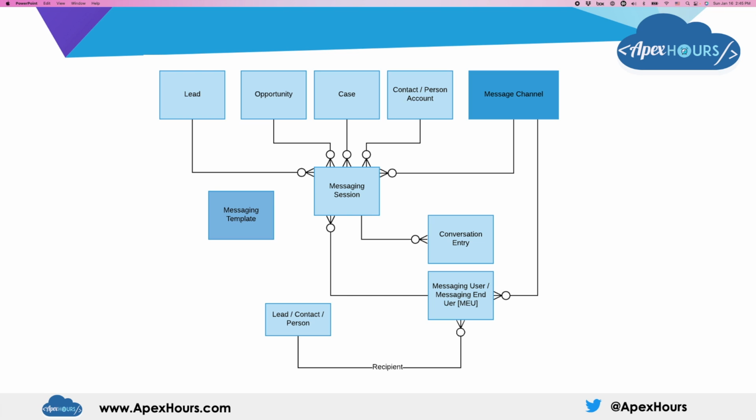So first of all, what does the data model look like? Who would be contacting Salesforce from these digital channels? Those would be either a lead, contact, or person account, and they would be contacting because they have some problem, which is a case, or something around sales, which is an opportunity. So all these people would be contacting Salesforce. But the question is, from where would they be contacting? Are they contacting from the SMS channel, or WhatsApp, or Facebook?